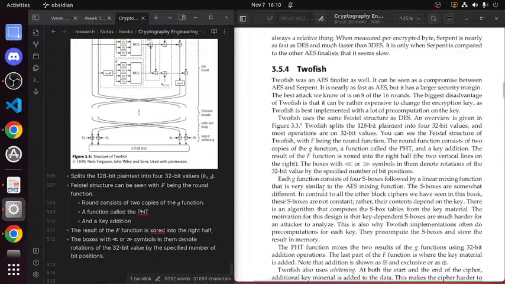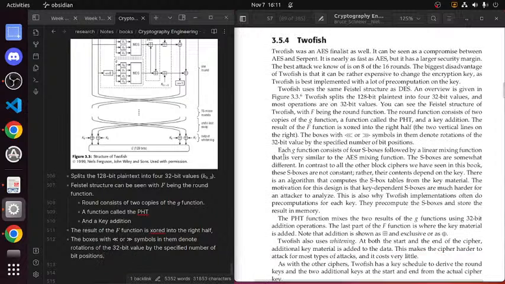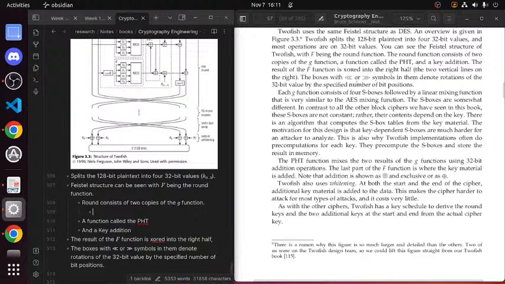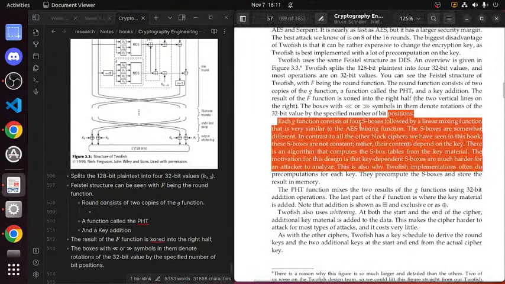Okay. I mean, that's just like a note, I guess. Each G function consists of 4 S boxes, followed by. Okay, so a round consists of 2 copies of the G function. I gotta start highlighting better here so I can read.